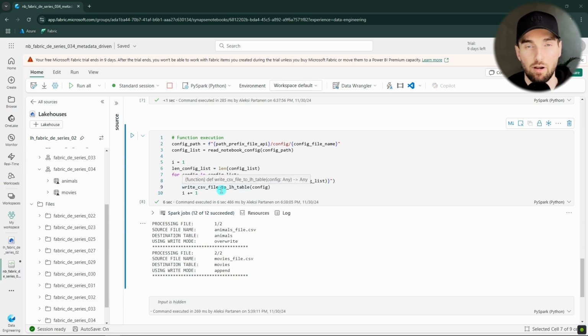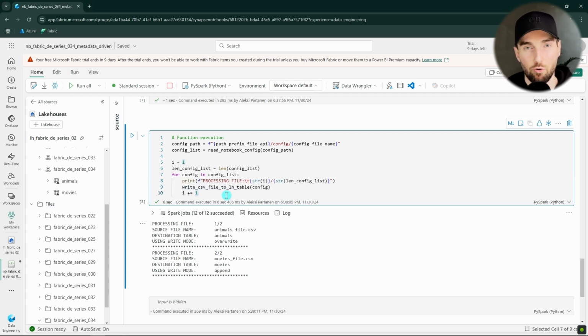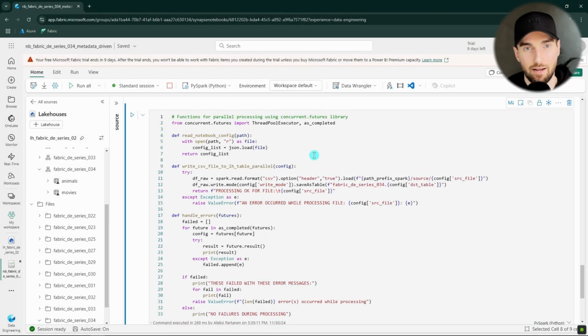And imagine if we would have, for example, 500 different files. This would actually take quite a long time. Next, I'll show you how you can optimize this process by using parallelization. In the next cell, we are again wrapping the logic into functions, but this time we are actually going